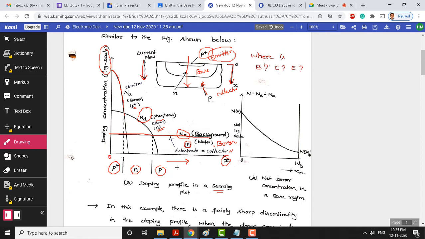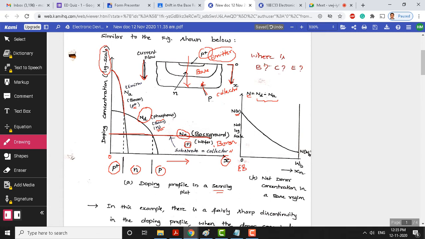Specifically, if you look at the base region, the net donor concentration within the base region is as shown here, and the y-axis is capital N. This indicates the difference in concentration, Nd minus Na. We already know Nd is the donor concentration, and Na is the acceptor ion concentration. Their difference is shown along the y-axis, and we plot it as a function of distance. So N of 0 means this is at the emitter base junction.